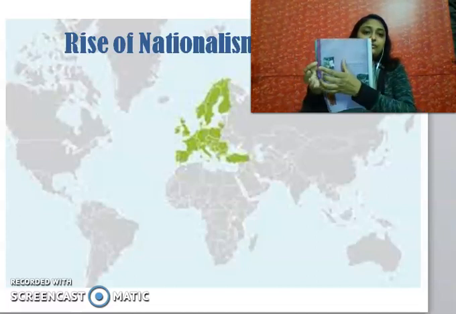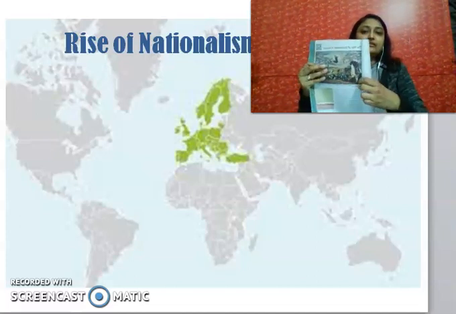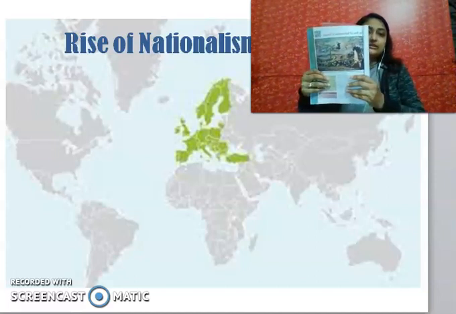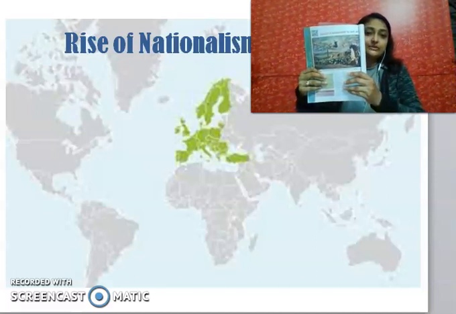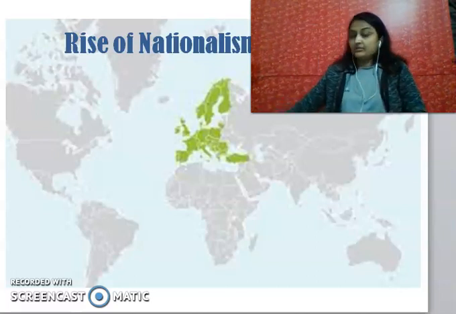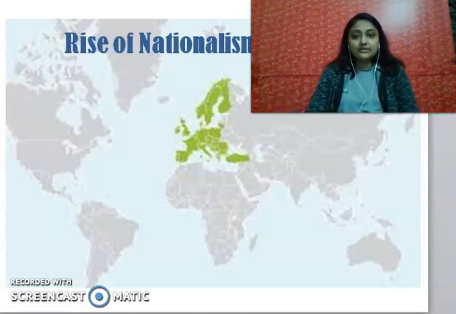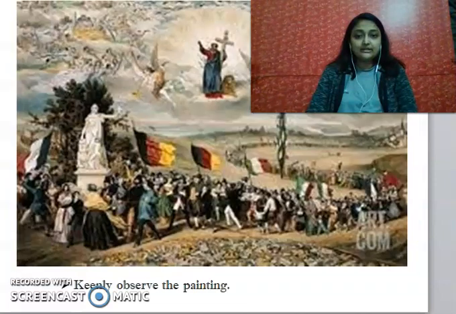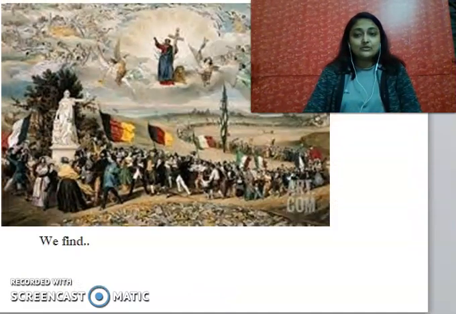So kindly open the painting. You can see over here, requesting all the students to open this page. Now, once you open the page, can you see there is a painting? The painting may not be clear in this slideshow, but if you see the painting in the textbook, you'll get a clear picture. Now, I request all the students to find the things what you see in the picture.